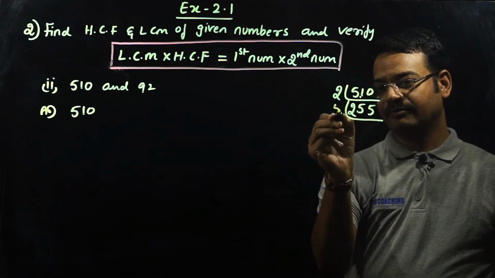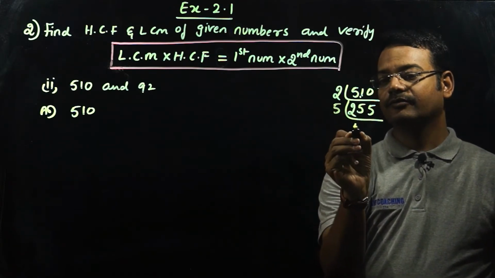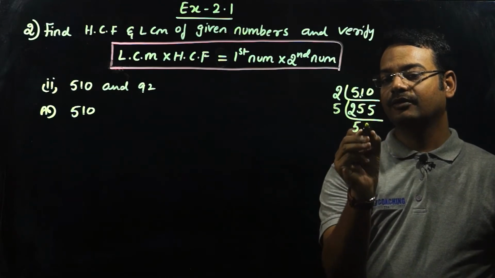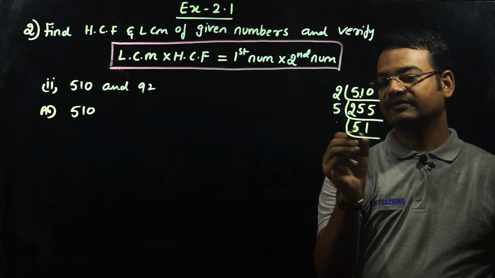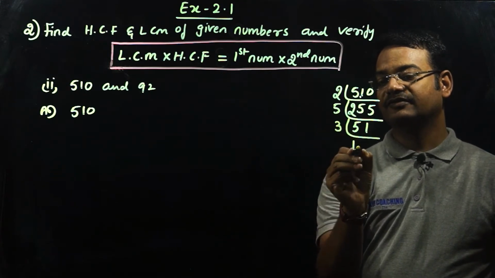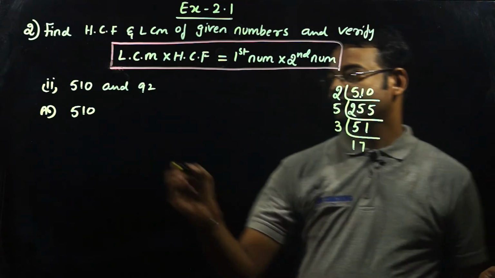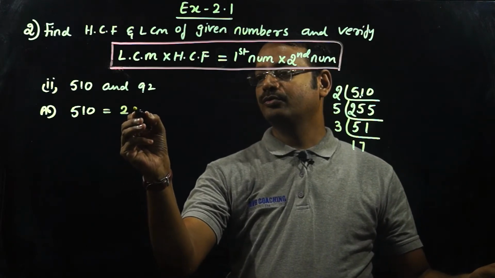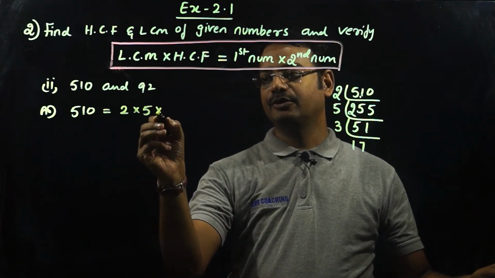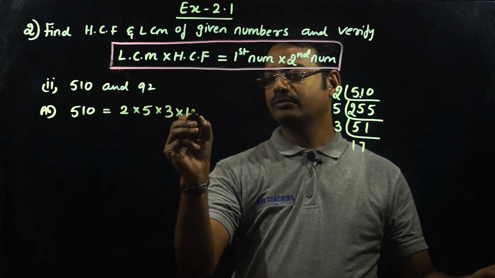Next we can divide it by 5. 5 5s are 25, 5 1s are 5. Now again it can be divided by 3. 3 1s are 3, 3 7s are 21. So the prime factors of 510 are 2 into 5 into 3 into 17